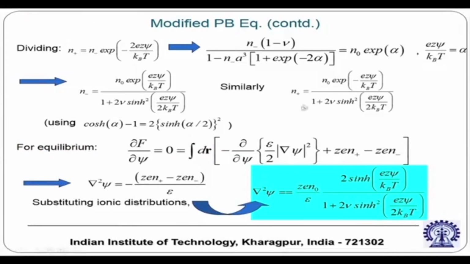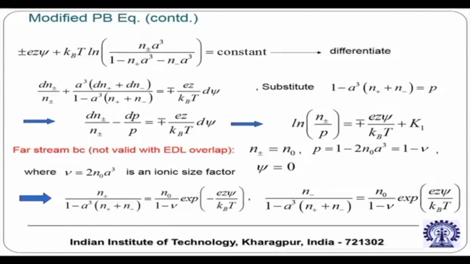So your modified Boltzmann distribution is n plus equal to this and n minus is equal to this. Obviously there are certain issues that come into the picture. One important consideration that leads to this derivation is that we have used the first stream boundary condition at the center line. So this model is not essentially valid with electrical double layer overlap, I mean slight overlap is fine, slight overlap it will still work, but with strong electrical double layer overlap, if you can modify this and bring